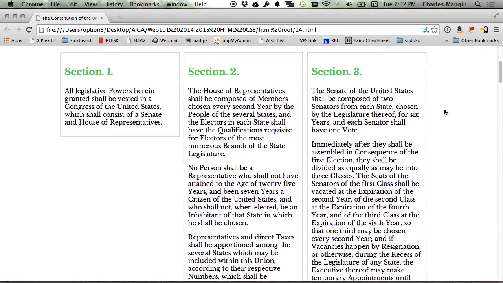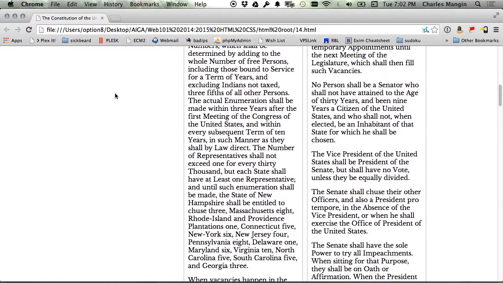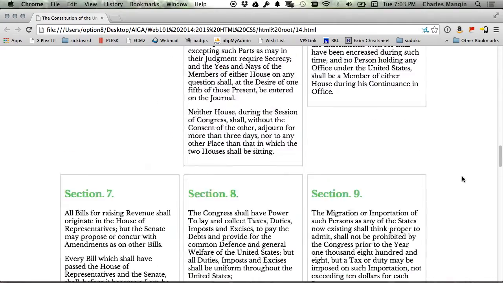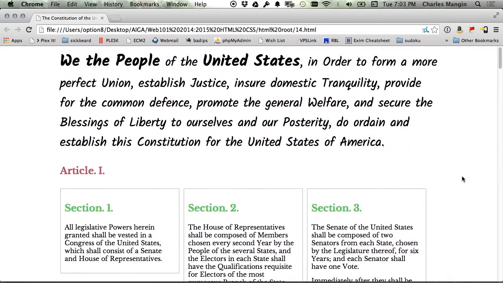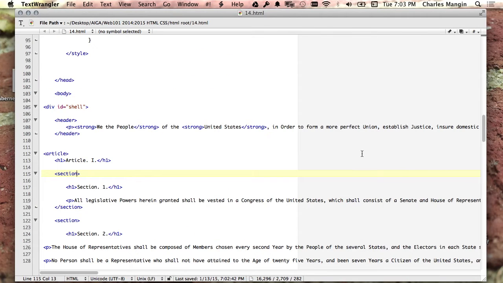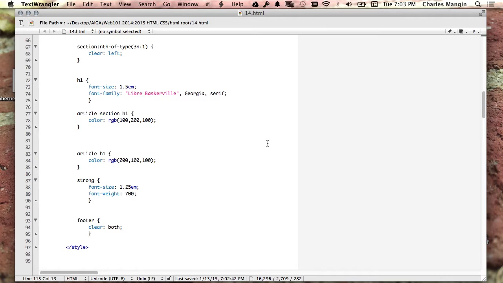We've got our columns, and they're nicely lined up left to right, but we've got all this extra space here underneath section 1. Yeah, and all the sections are different lengths. So what we can do if we wanted, and I wouldn't recommend this for something like the Constitution where you're going to want to read it in a linear fashion, but this is what we're working with. If you had something that you wanted to align in a grid as opposed to just in columns, what we can do is take these articles